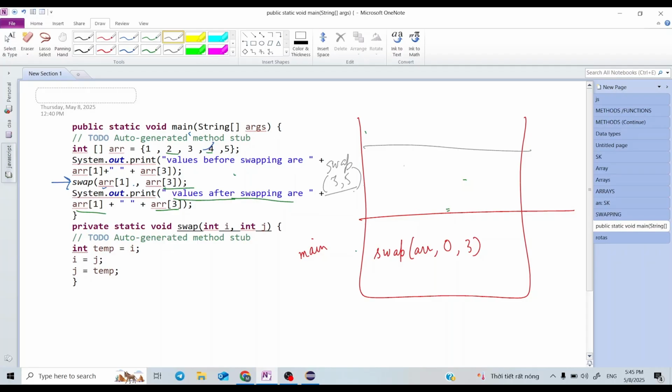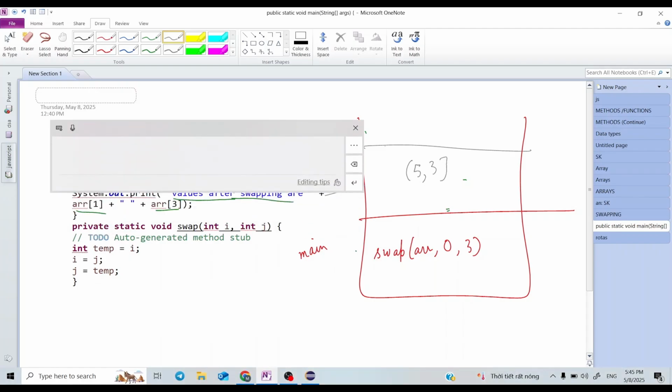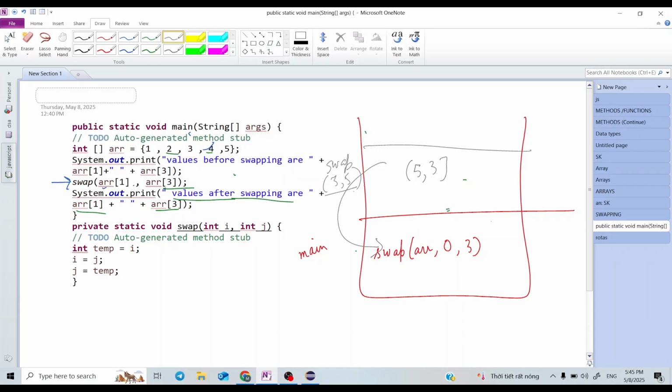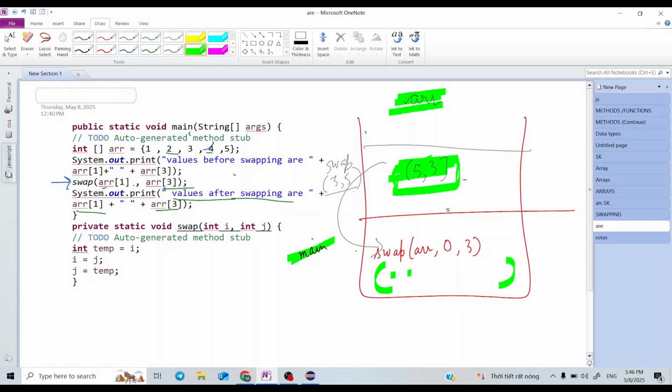The swapping was working, but it was not reflected in the main function, because the main function does not know that the changes were made in the arr only. We want the main function to know that the changes we made here are for the arr array only. Because we are printing after swapping, we are printing values here.